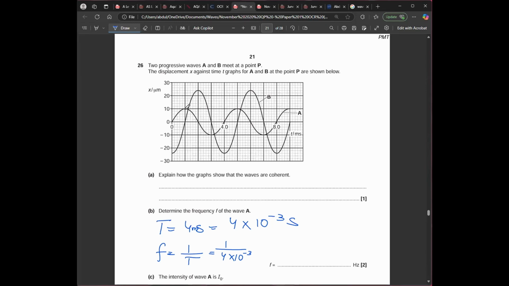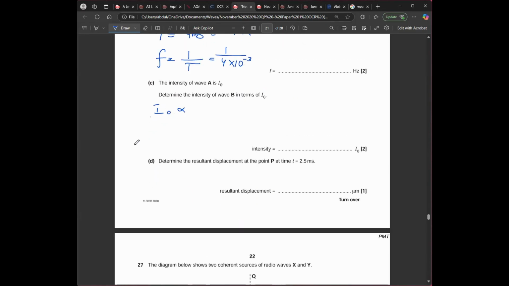So I naught should be directly proportional to 10 times 10 to the power minus 6, squared. And the intensity of wave B, let's say it's I, should also be directly proportional to its